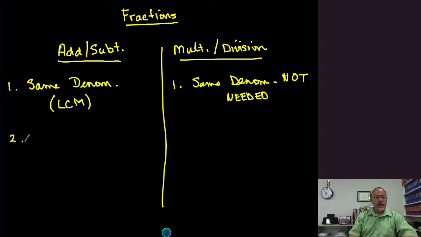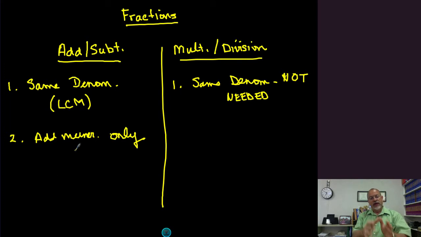The second thing I want to talk about real quickly is, what do we do once we have the common denominator? When we're adding and subtracting, once we have the common denominator, we only add the numerators. Add numerators only. I'm sorry, this pen is really not working well. So once we have the common denominator, when we add the fractions, we only add the numerators. So our answer is going to have the same denominator as all of the fractions that we're adding together. So we only add the numerators together, but only after we've found the least common denominator, or the least common multiple for the denominators.